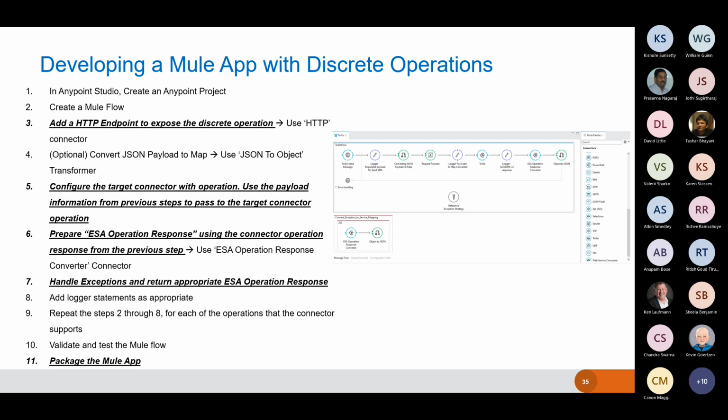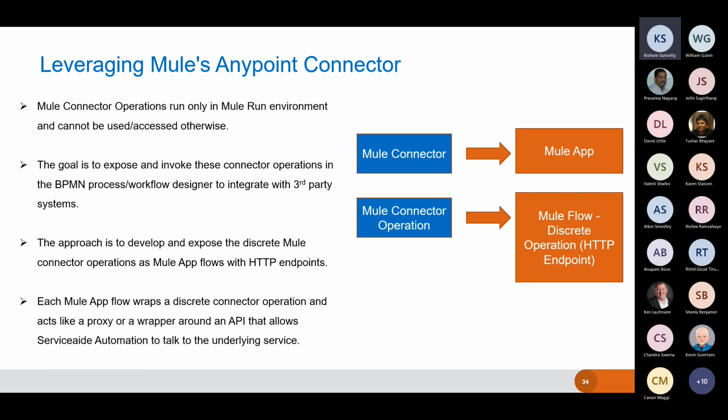Hopefully we got the gist of what the approach is. We're going to have a new Mule app created that exposes the connector operations as discrete operations within that flow, and each operation has a unique HTTP endpoint. So when we take this Mule app and deploy it into our Mule runtime environment through our interface,